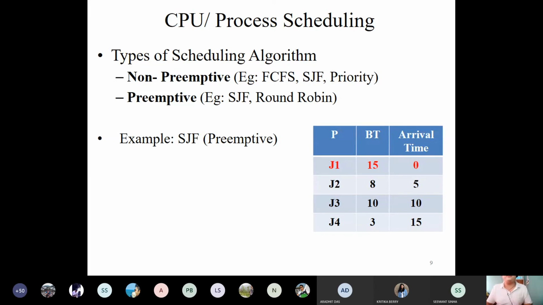Now we'll try to understand the preemptive algorithm. What is the meaning of preemptive algorithm? Suppose there are 4 jobs, J1, J2, J3 and J4 with burst times 15, 8, 10 and 3 respectively. Job J1 arrived at the system at time t equals 0, and job J2 arrived at the system or the memory at time